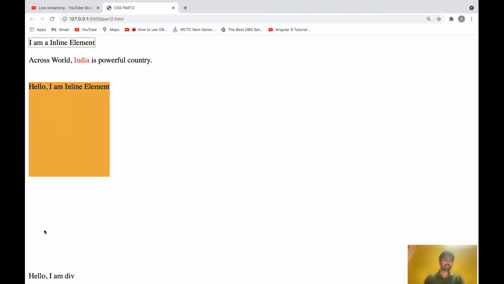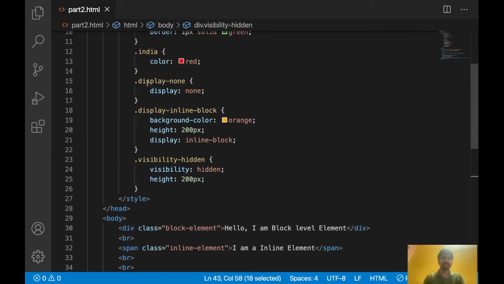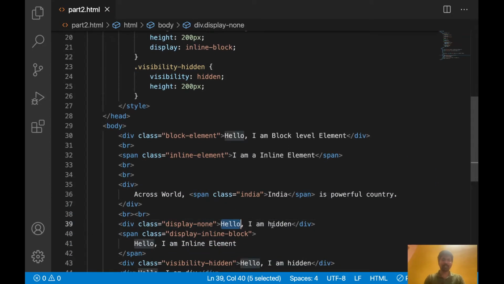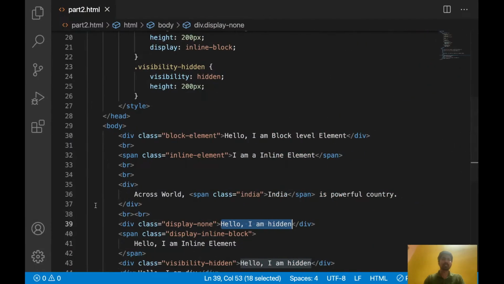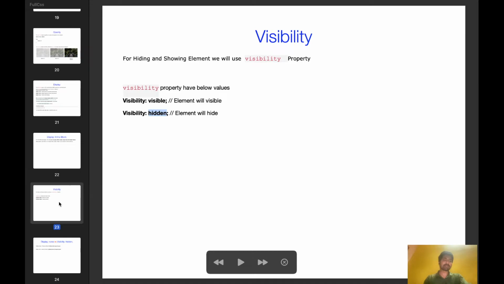So that is still occupying the space, but the element is hidden. But we have written previously one element with display none, that is not occupying the space. That element is here, that is not occupying any space actually, but visibility hidden means that is occupying the space. So that is the only difference.